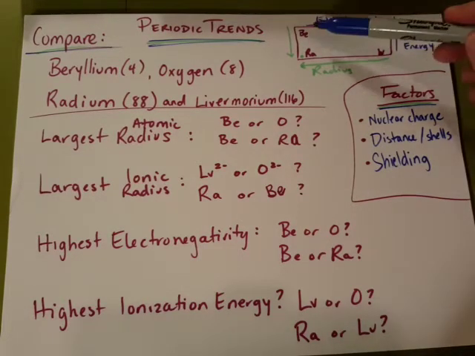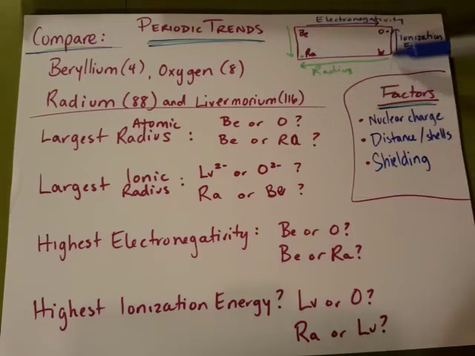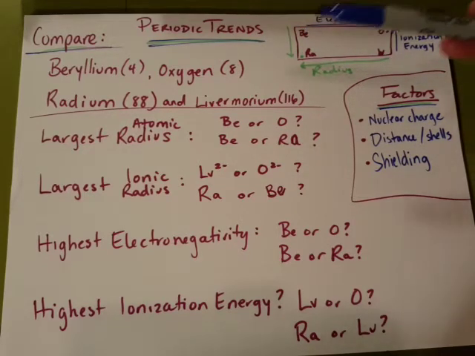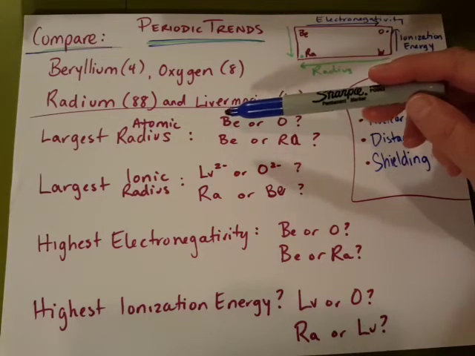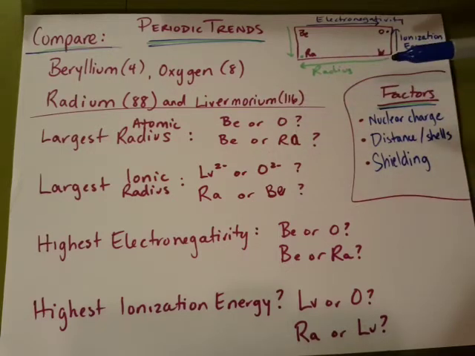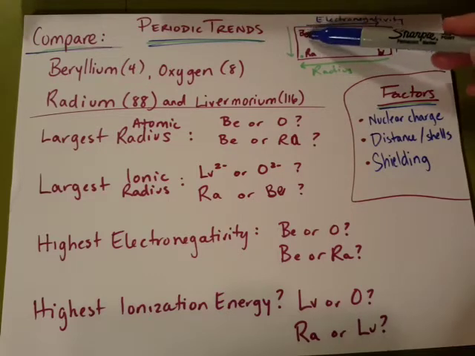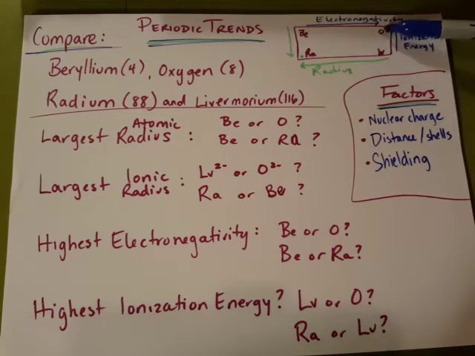And I did intentionally pick elements that are in the same groups and in the same period. So if we're going to compare across a period, which one has the largest atomic radius, beryllium or oxygen? We also want to pick one of the factors as our support as to why we might pick one or the other. So looking at beryllium, looking at oxygen,